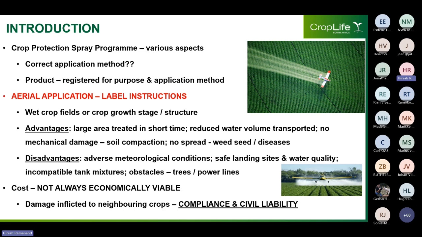In some instances, it may be the only suitable application method if, for example, crop fields are too wet for ground-based spray equipment. Other times, aerial application is the best solution due to the crop growth stage or structure. Again, only if the label instructions include aerial application, and this is something that's going to be punted throughout this webinar. Now, there are several advantages of aerial application, such as the ability to treat larger areas in a short period of time, reduced volume of water that needs to be transported, not risking mechanical damage to the crop or soil compaction, as well as not spreading weeds, seed, or diseases by means of equipment, as may be the case